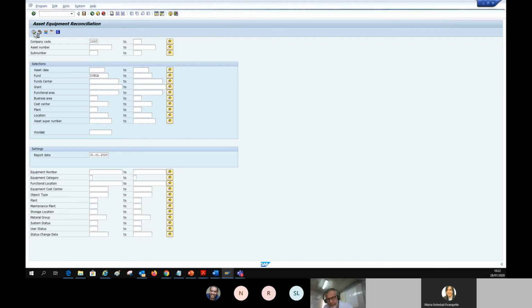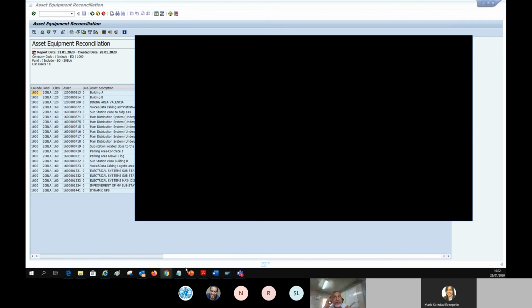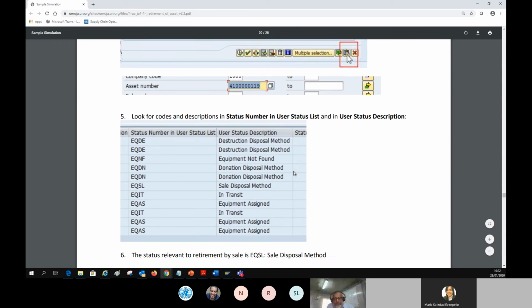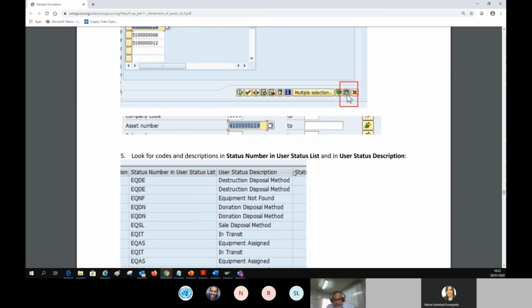and I should get a list of assets, and also their corresponding equipment master record. Why do we run this report? Because before you decide to retire a fixed asset, there's supposed to be a notification for write-off and a write-off case approved. Also, the equipment master record should be in a certain status, and this is very well explained in the job aid as well. If you run the report, you can see the status of the equipment,